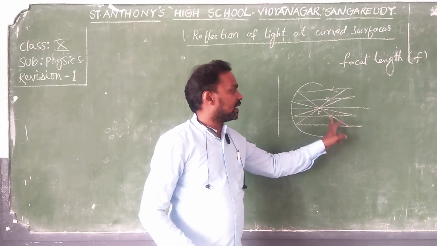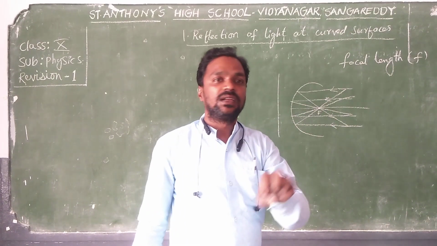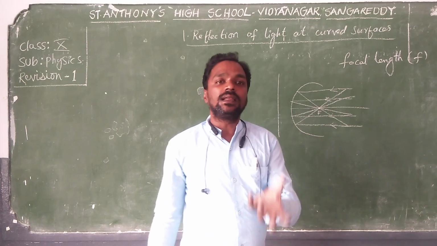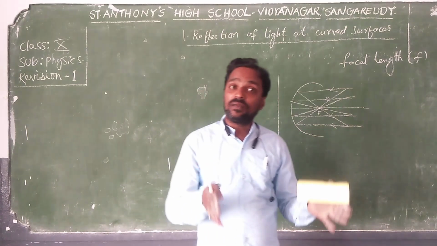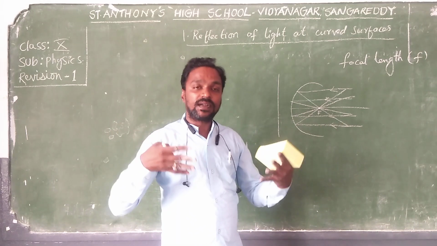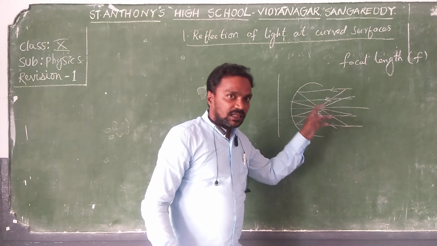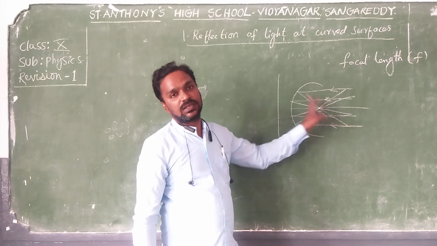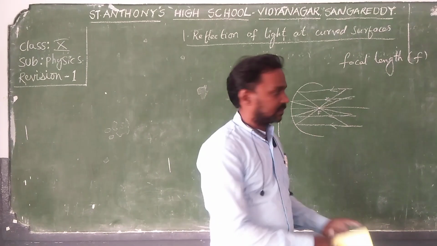So all the reflected rays are meeting at one point. That's why it is called the converging point, the point of convergence. So here the temperature will be high. The temperature increases here. So why? Because all the rays are meeting, not 1, 2, 3, 4, but hundreds and hundreds of reflected rays are meeting there, so the temperature increases. This principle is used to construct the solar cooker or solar heater, which is the last topic of this lesson.